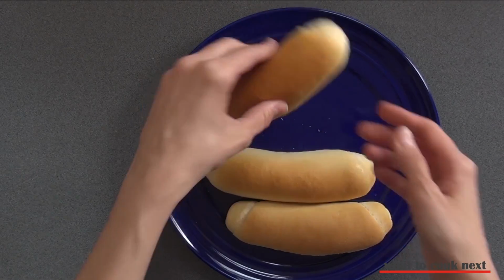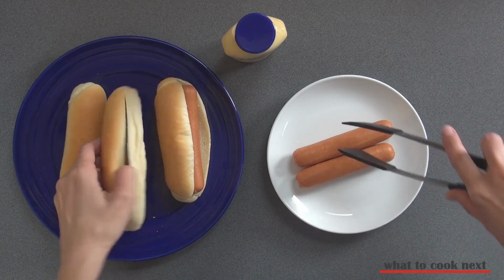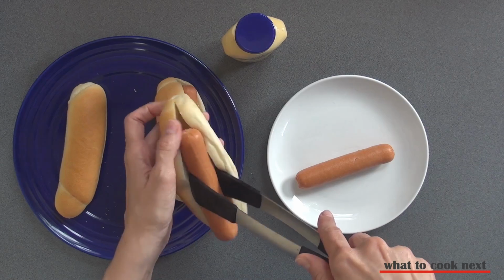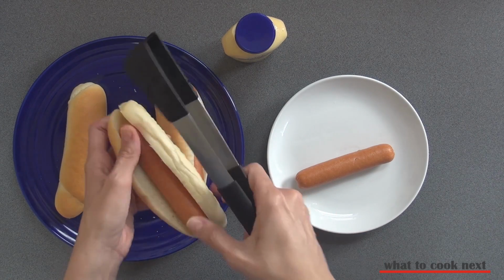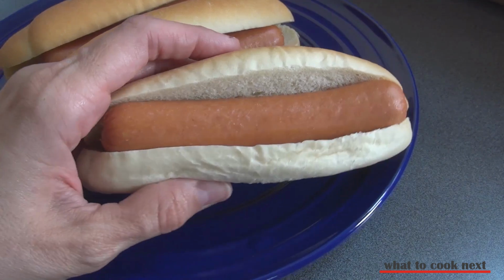Use a serrated knife to cut these lengthwise, but don't cut them all the way through, so you can nest the hot dog in there. I'm just going really low key in here, just adding some mustard,